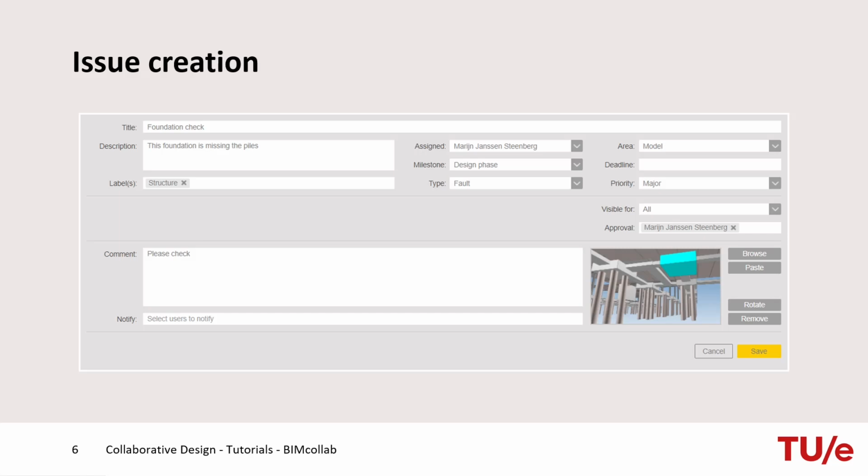Defining the area can help you categorize problems by location. This is a very useful setting when working on a large project. The project leader has the possibility of defining a different owner per area. When a new problem is created in an area, it can be automatically assigned to the owner of the area concerned. Milestone can be set to define project phase of the issue. A milestone is defined by the project leader with a name, start date, and end date.